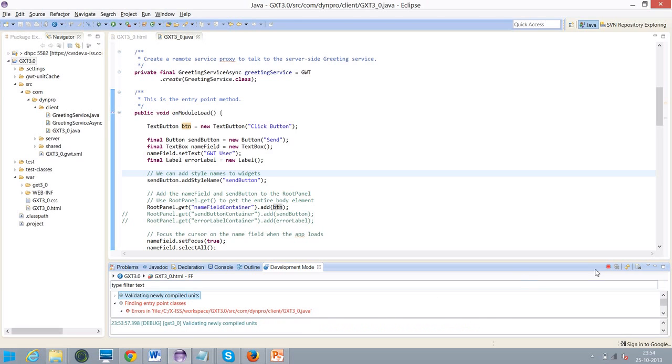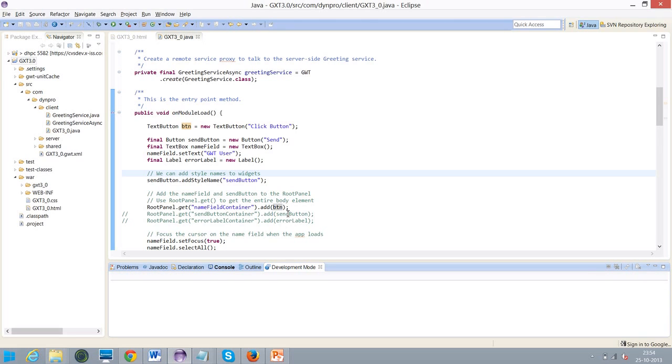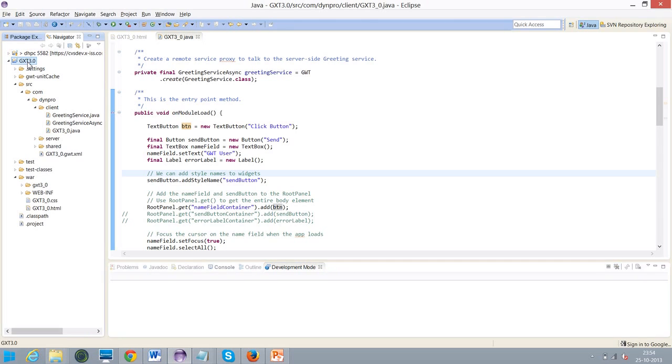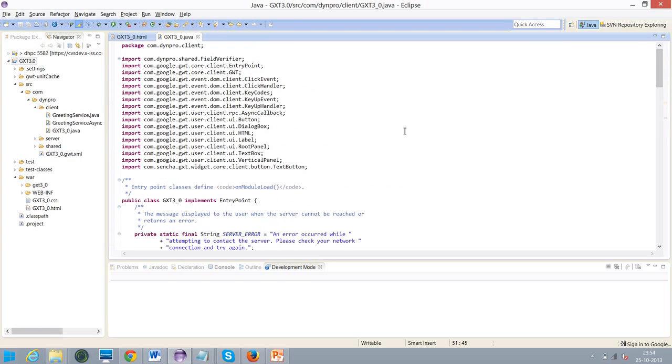So I saved it, and I'm going to restart this. It's not mandatory to stop and restart again; you can use the same one. And this time when you double click on this,